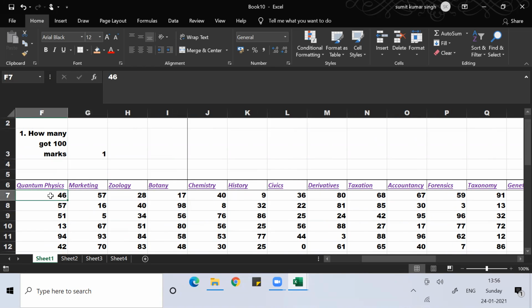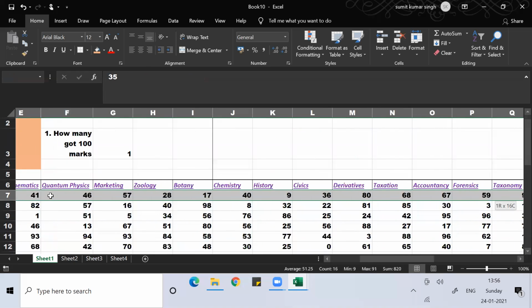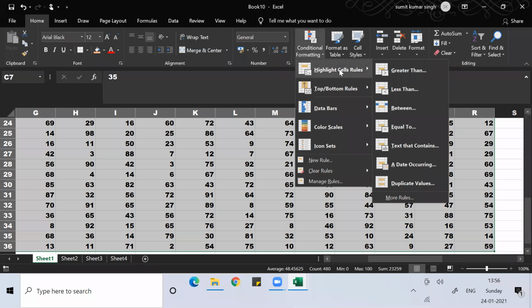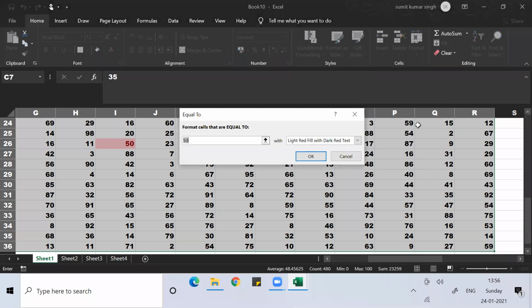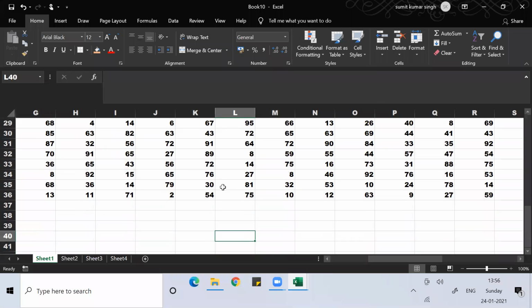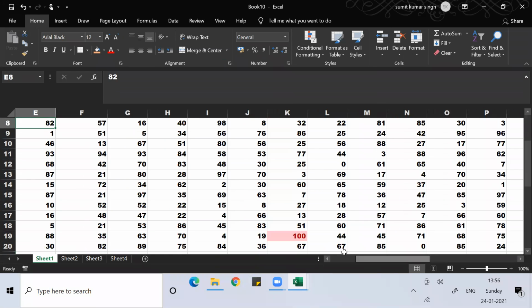If I want to see that one person who got 100, either manually I search, or select everything, go to conditional formatting, highlight cells rule, equal to 100. Okay, you can see this.